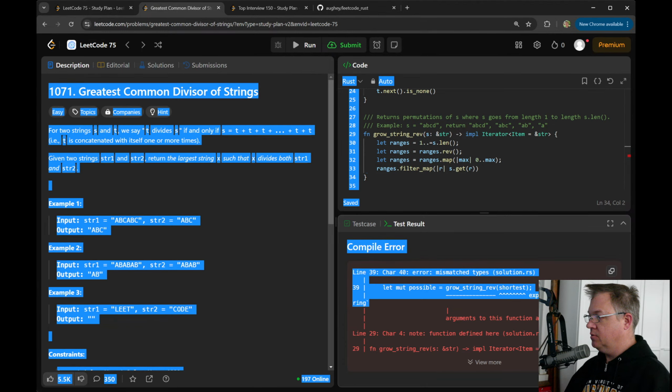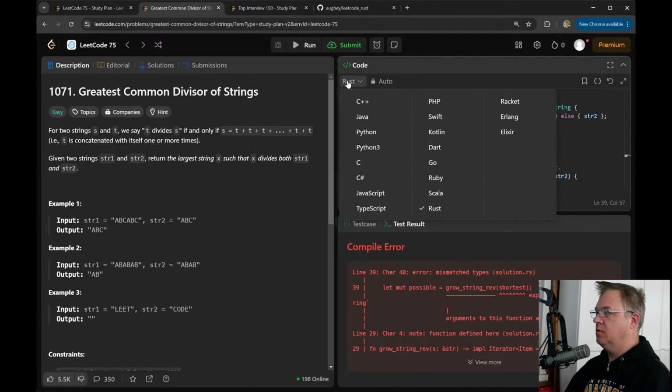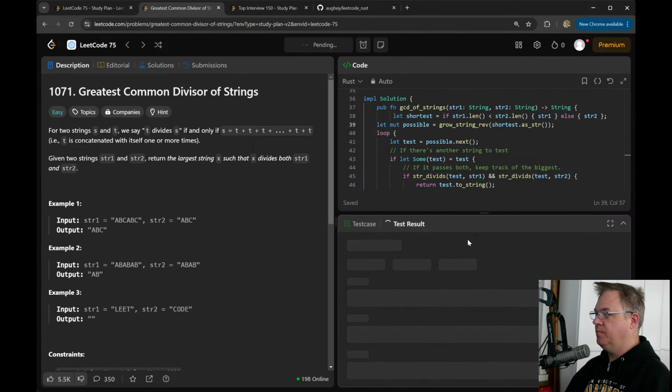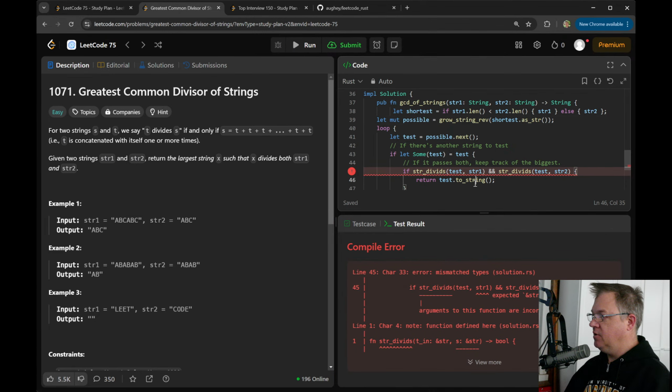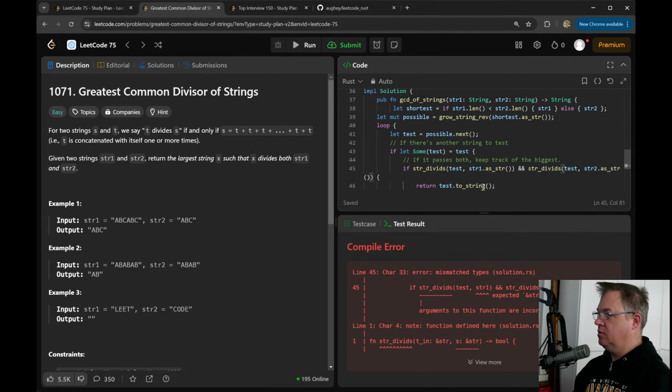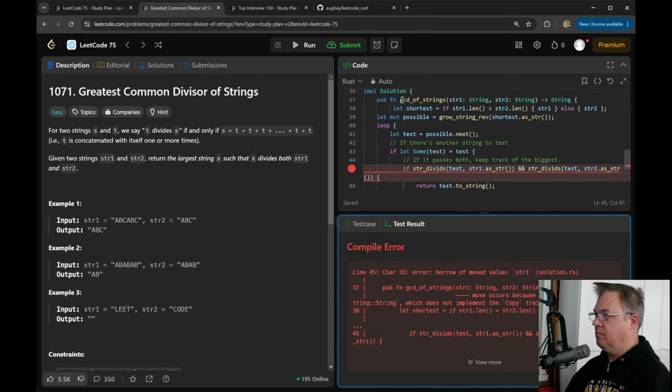Expected str, found a full string. Right, because they used the wrong version of it. Run. There needs to be like music. String divides. Because str1, borrow a moved value.